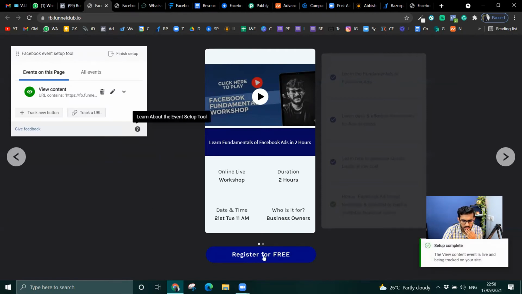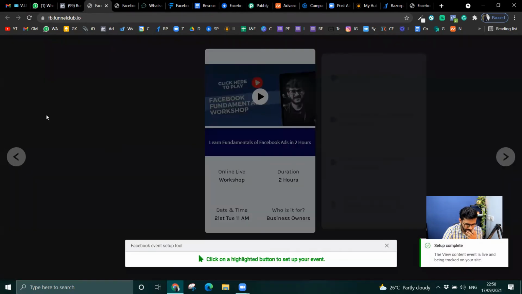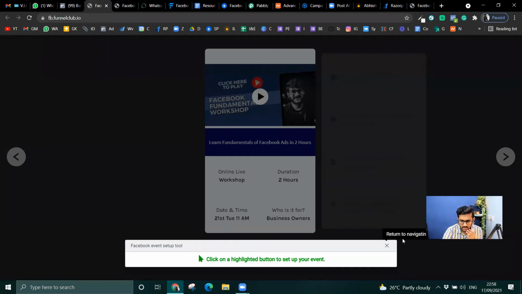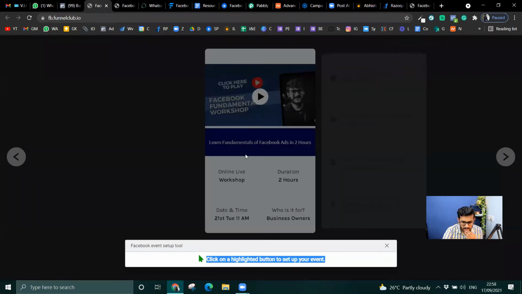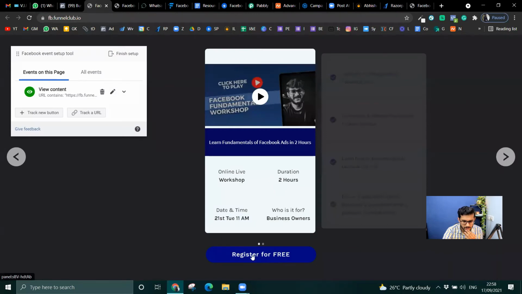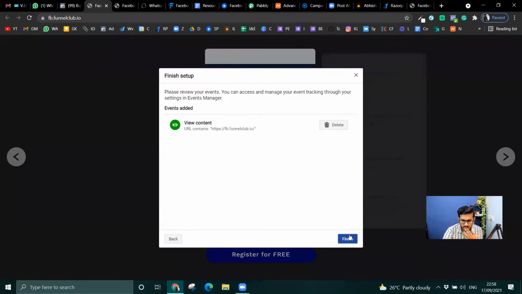I've added one. I want to add a button. I want to track a button. Unfortunately, I think this will not click on the highlight or a button, because there is no button at all in this. How will it detect? Let me check. Nope. Okay, so the problem with this is that this button is now out of its scope. So it's not really detecting, because that's how Facebook is going to be working around this.